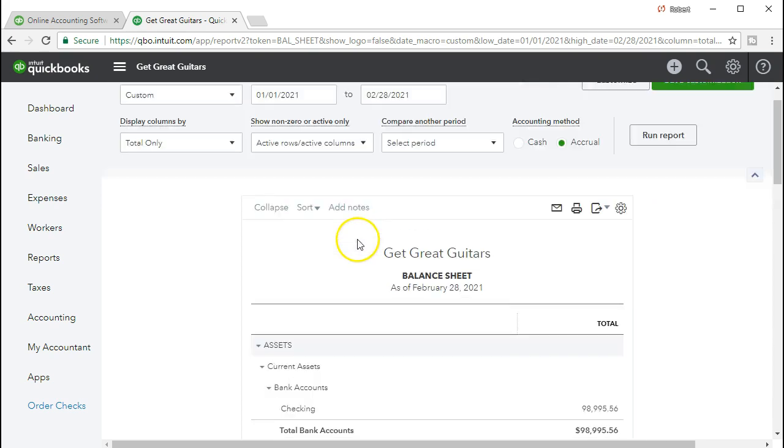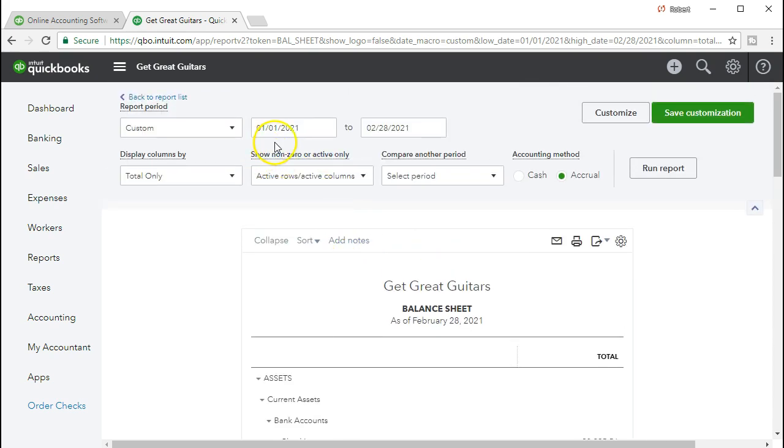So once again, the dates, if we scroll up here, it's going to be January 1st, 2021 to February 28th, 2021. What we have done so far is enter data for 2 months, and we're going to do the adjusting entries. We're going to make the financial statements more correct on an accrual basis, in accordance with rules such as generally accepted accounting principles. One of those rules, of course, being to break out the short-term and long-term portion of